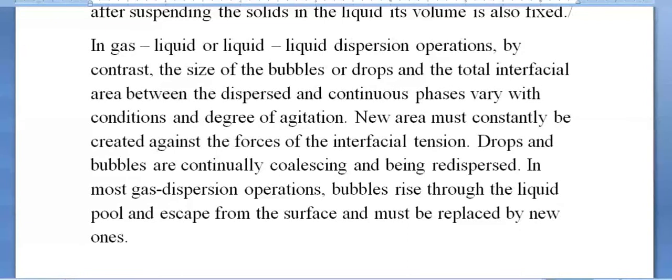Please remember the statement. Means what? Suppose you have one bubble. Okay, the bubble diameter is 1 centimeter. One example: the bubble diameter is 1 centimeter, and the bubble is there in the water. So what is the area? Area is 4 pi r square. Calculate how much area is there on the surface which is exposed to water. That is 4 pi r square. But vice versa, if this bubble is divided into a number of bubbles, what will happen? All the bubbles together have a larger surface area.